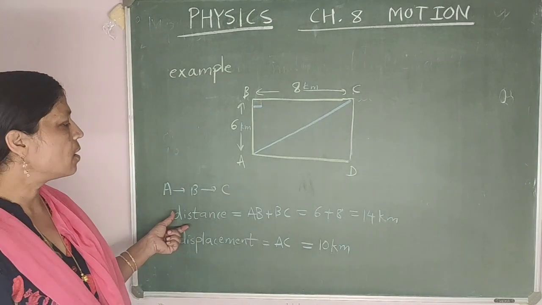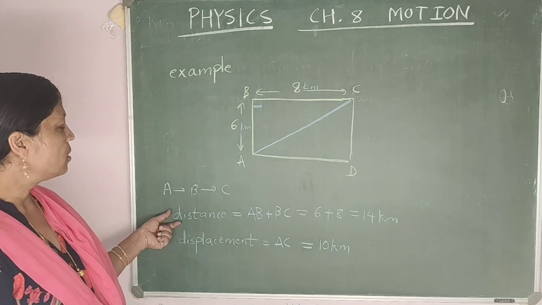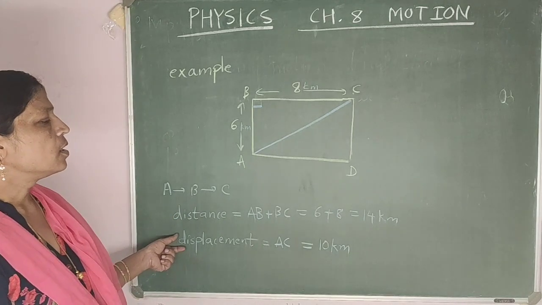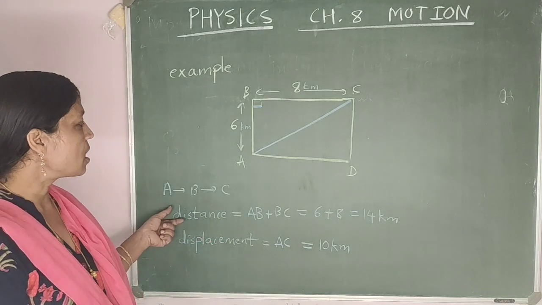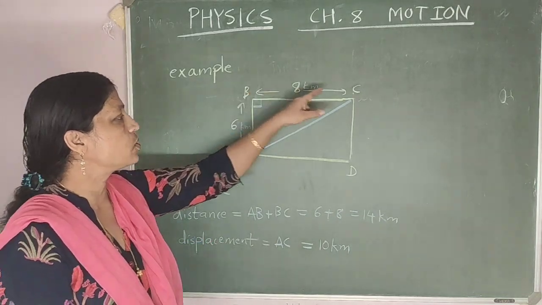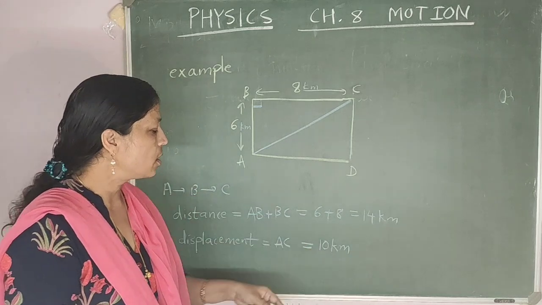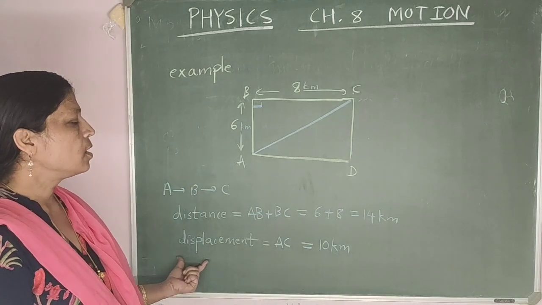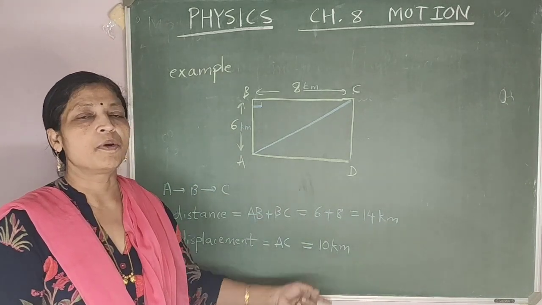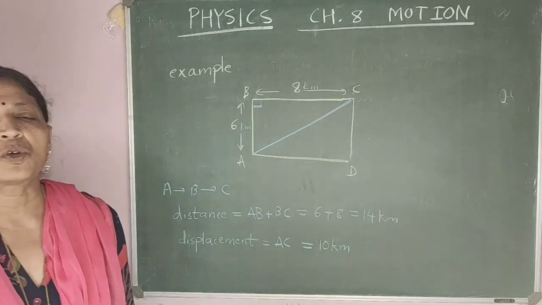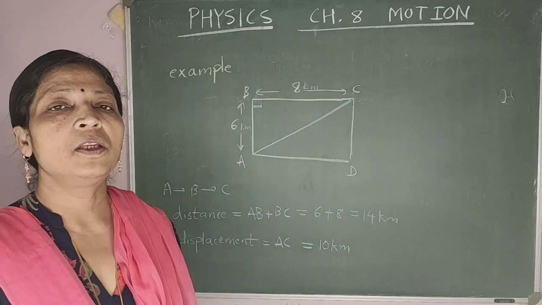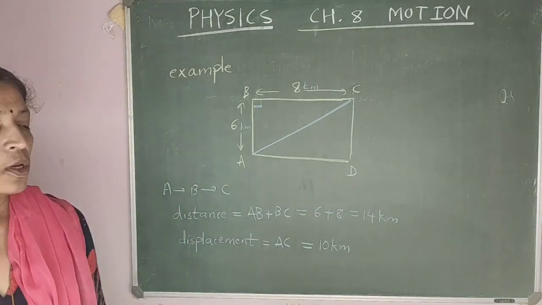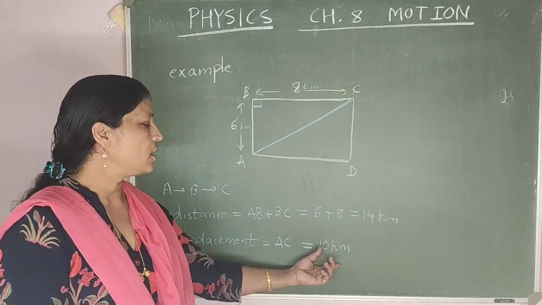So in this example, you can see that the distance and displacement may not be equal to each other. The distance traveled from A to B, B to C is 14 km, but the displacement is 10 km, because displacement is the shortest distance traveled by the object between initial and final position. So it is equal to AC and AC equals